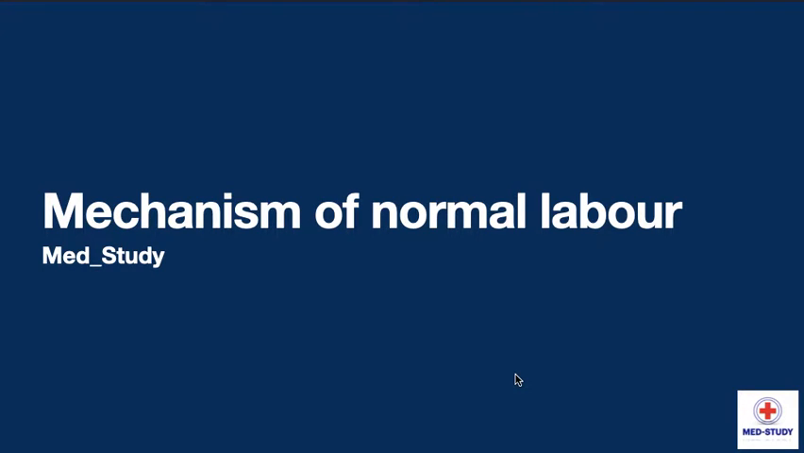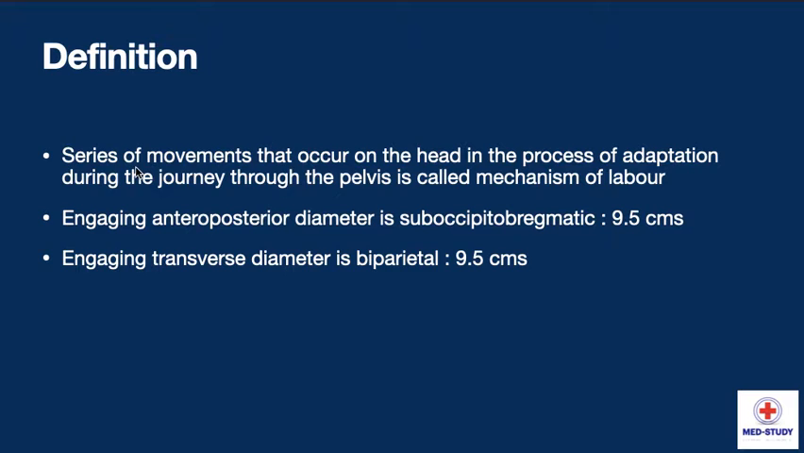Today in this video we are going to see about mechanism of normal labor. So mechanism of normal labor is the series of movements that occur on the head in the process of adaptation during the journey through the pelvis. Engaging anteroposterior diameter is suboccipitobregmatic, which is 9.5 centimeters, and engaging transverse diameter is biparietal diameter, which is also 9.5